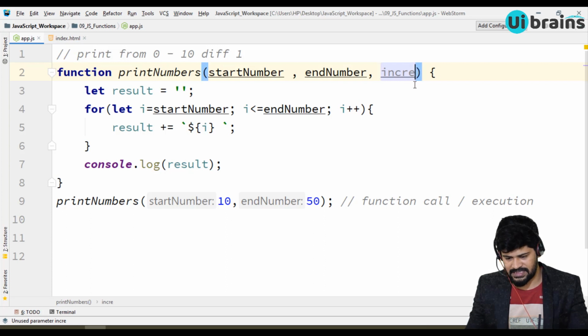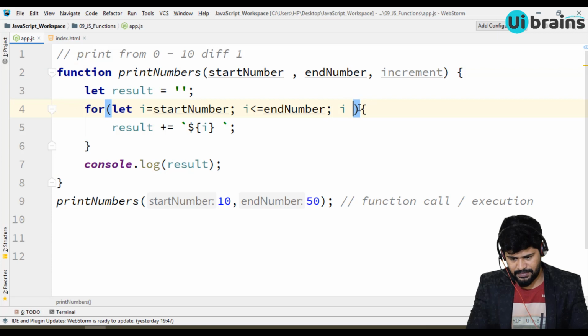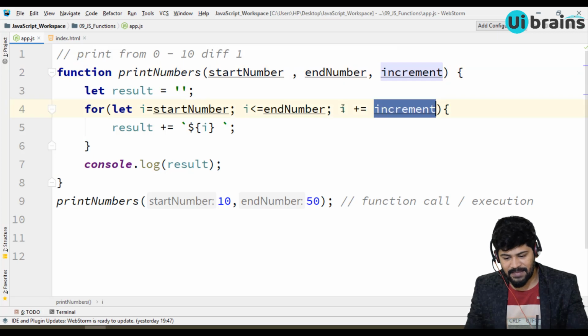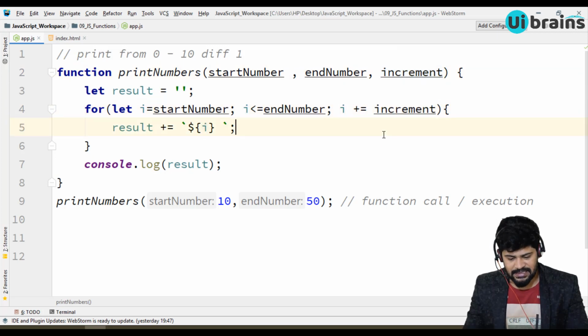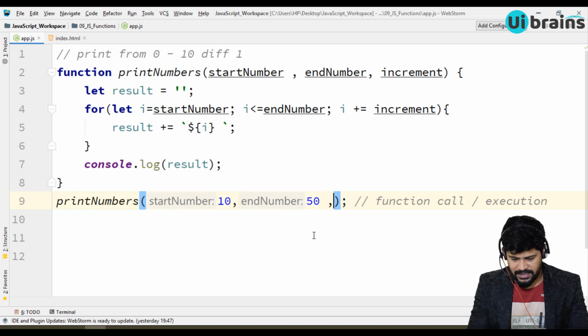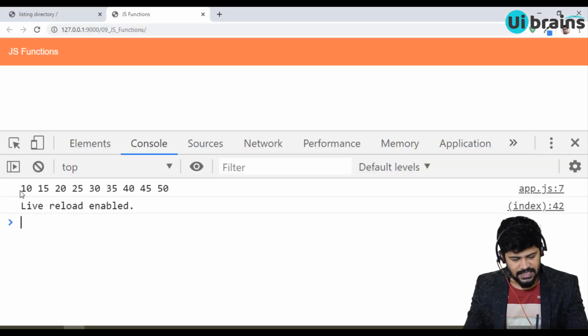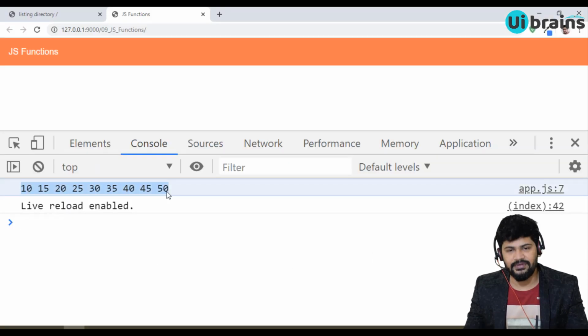Now what I do is, i plus is equal to increment. Whatever increment number you provide, that much increment is going to happen with your i value. So I will provide increment as 5. So starts from 10 up to 50, increment by 5. Go check. Starts from 10, increments by 5 up to 50.